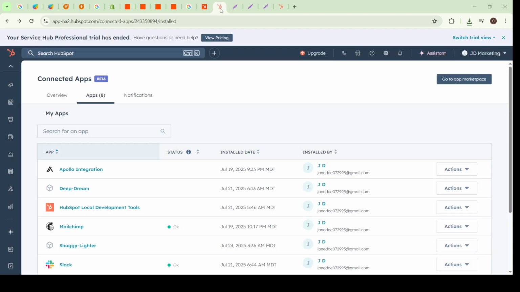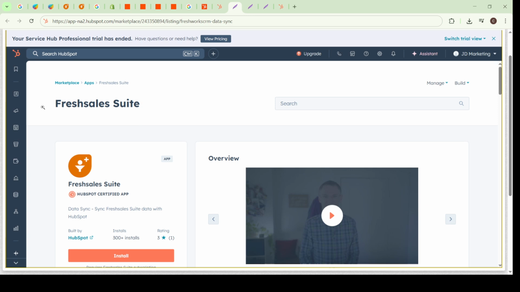This is a bit like the Control Hub, where you can manage various integrations and applications. From there, click on Go to App Marketplace. The Marketplace will showcase numerous applications and integrations that you can install, including the one we need for integrating your